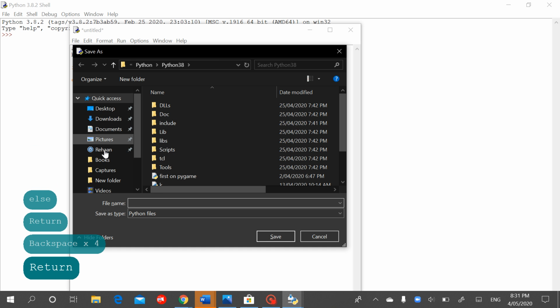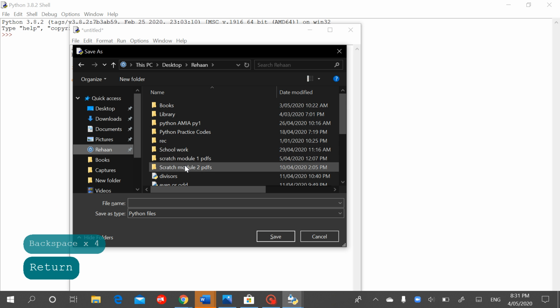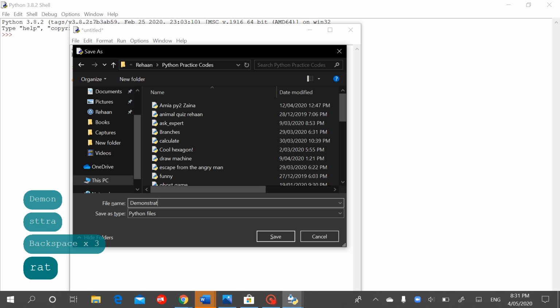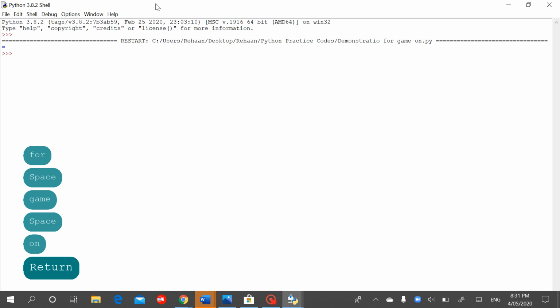And so you have to save it. As you can see, I'm gonna go into my folder, go to my Python folder, type it. Make sure your name is something that is actually a good name, so you can see what the file is. So now it's saved as a demonstration for Game On, and you can see here it printed equal to because